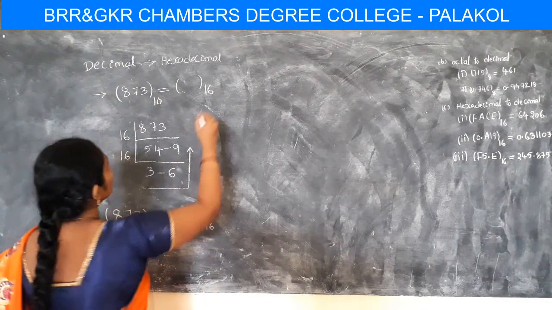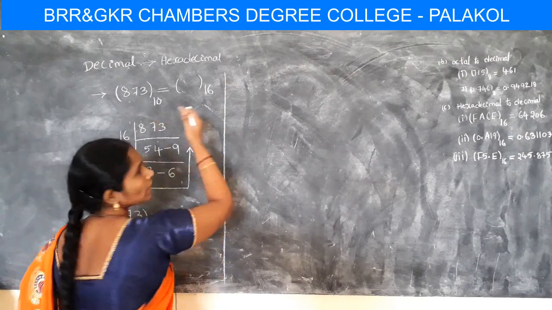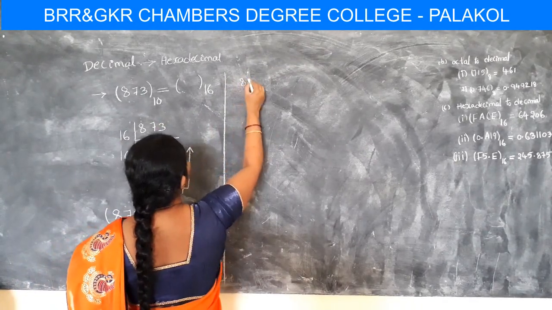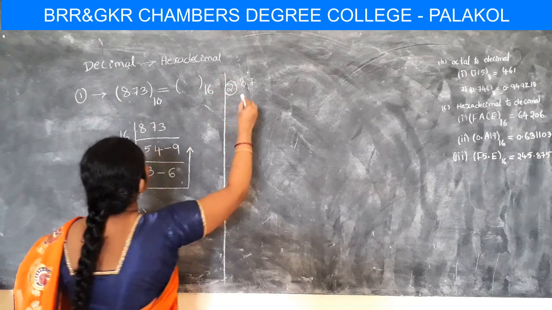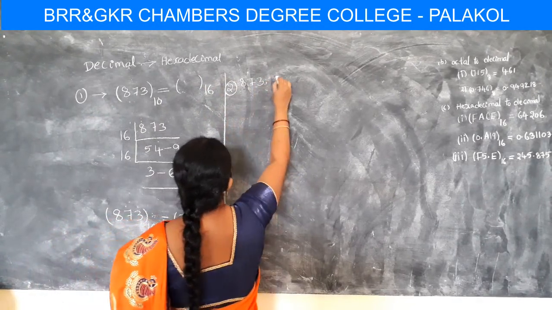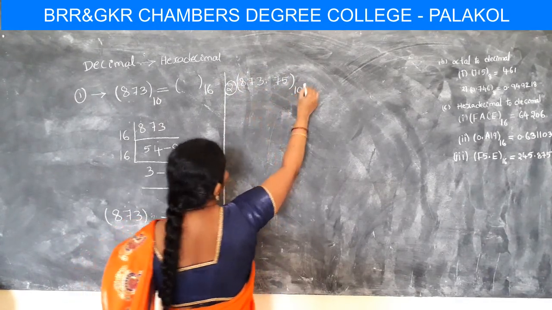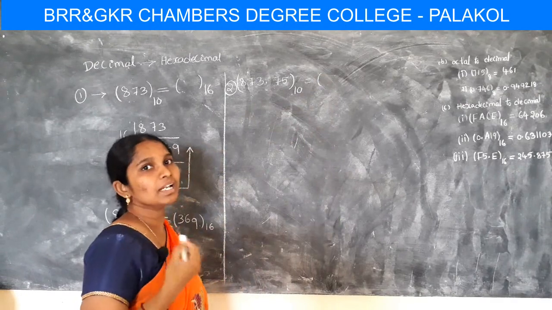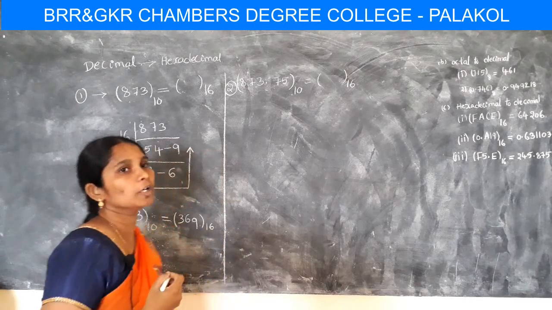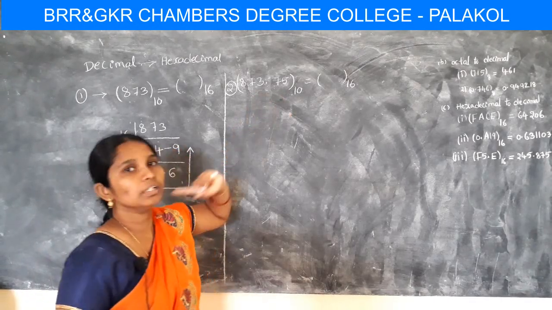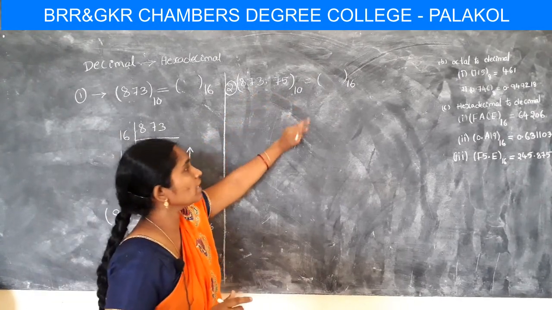So for example, if in the question you have a binary point, I will consider the same example here. This is example number 1 and this is example number 2. That is 873.75. Here I consider a decimal number, and this decimal number is converted into a hexadecimal number. Okay. In this given number there are two parts: the first is the integer part and the next is the fractional part.